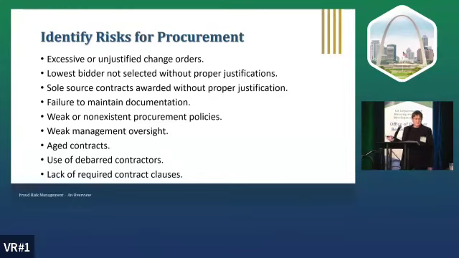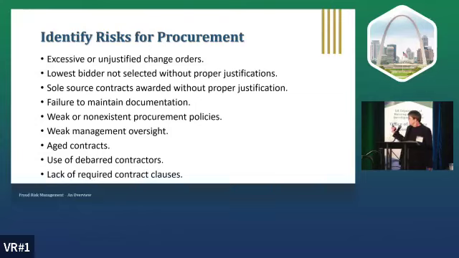Well, excessive and unjustified change orders is always a concern to me because what does that possibly mean? Low bidding. Somebody lowballed it and came in, they wanted to get that bid, but now they have to make up their costs. So now they're going to start tacking on change orders because they lowballed it to get the contract. Is it always going to be that way? No. But pay attention if you start seeing a lot of them. Go back and pull the scope of contracts. Is what they're changing actually in the original contract? And if it is, why?